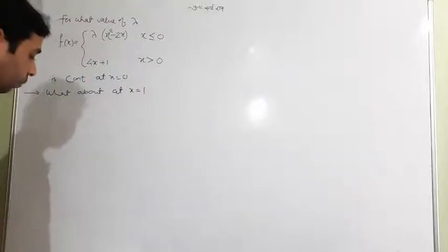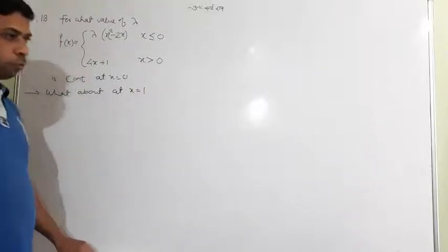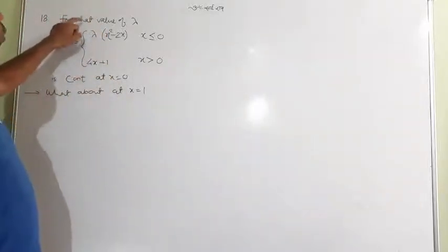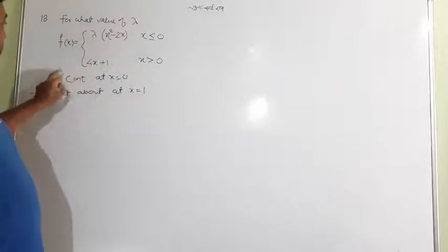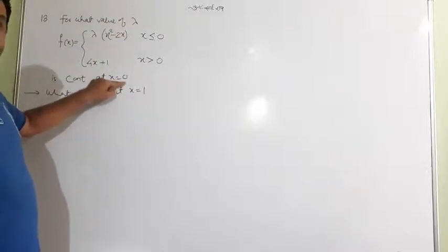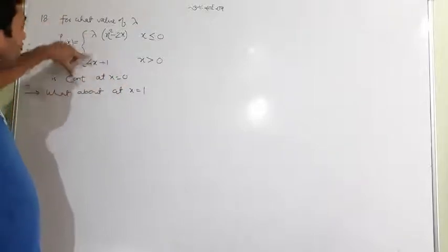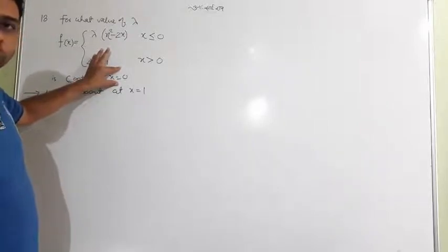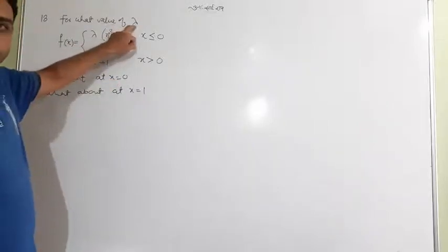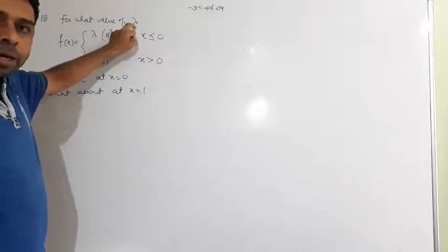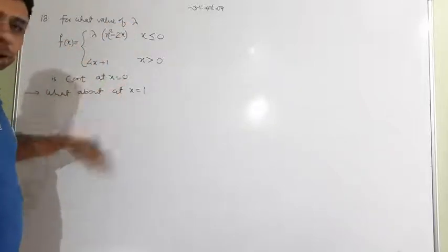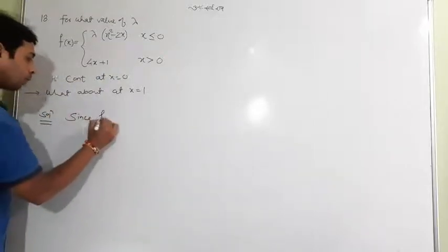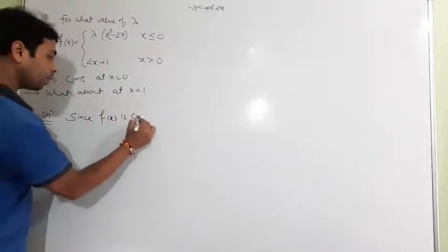This is the question. Now first of all, we discuss the continuity at x equal to 0, and the question says for what value of lambda the function is continuous. Yesterday I taught you the meaning of continuous at x equal to 0: the function is already continuous at x equal to 0 and we have to find the value of lambda. For what value of lambda is the function continuous at x equal to 0? So I start my solution right here. Since the function is itself continuous